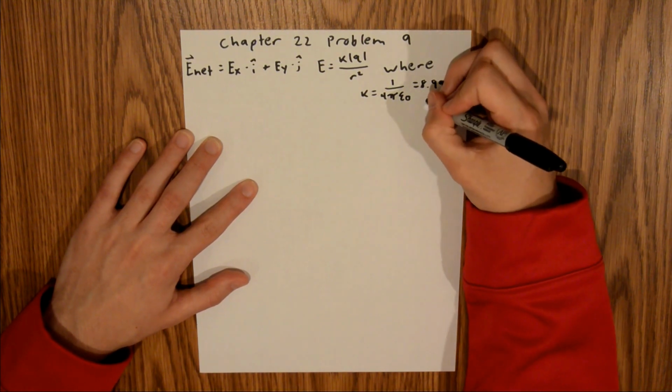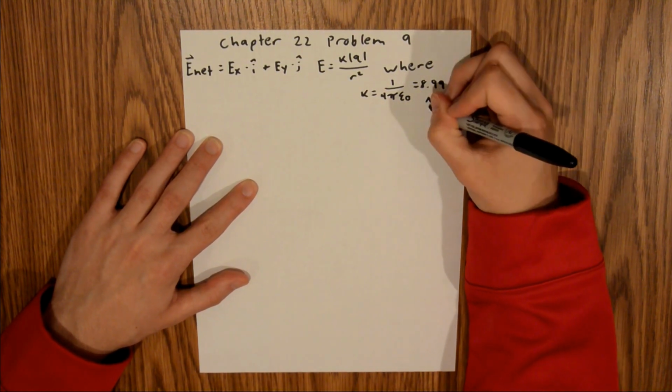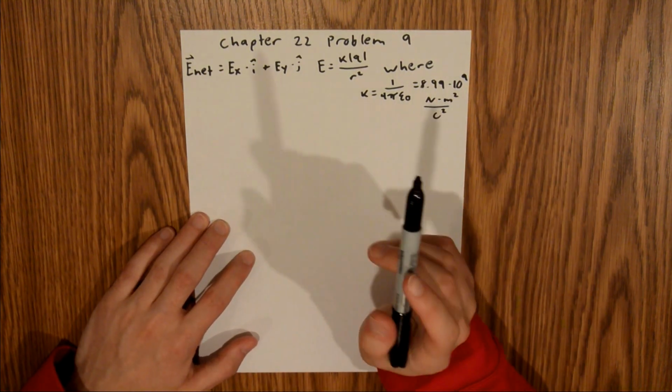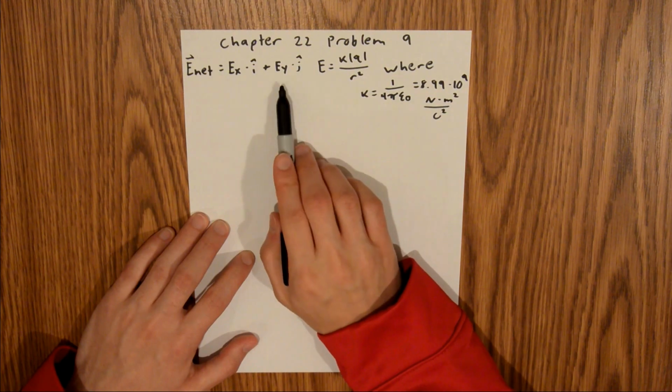And the units on that are newtons times meters squared divided by coulombs squared. And so what we need to do is find each of these values, E of x and E of y,